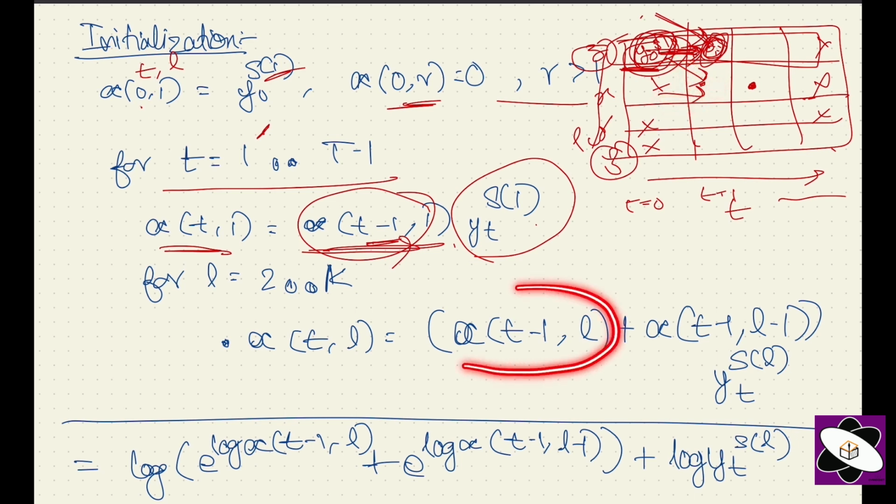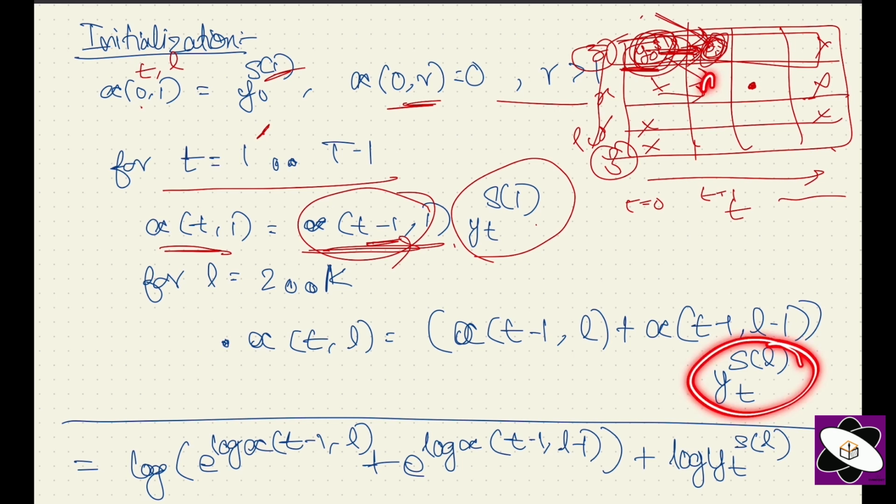Again we do the summation and multiply that with the probability over here, y1 of s of 1,